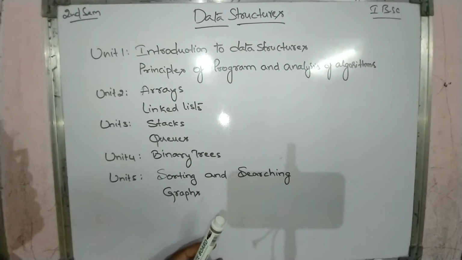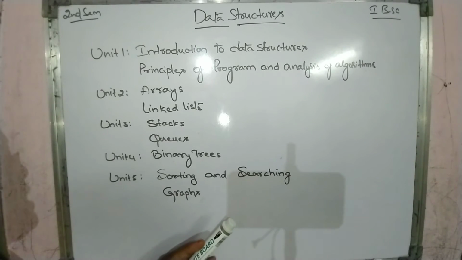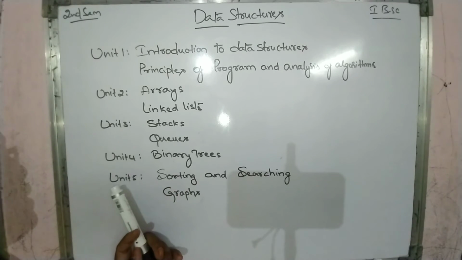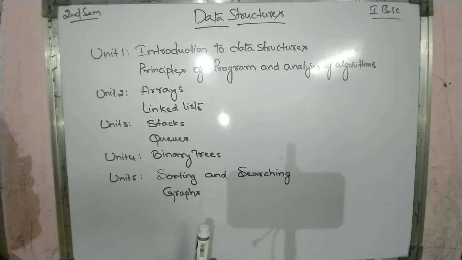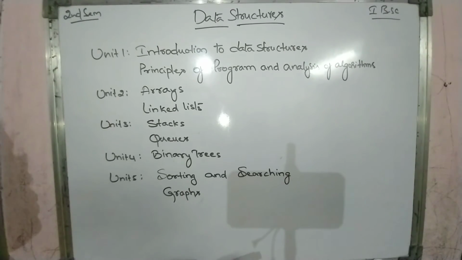And next we move to unit 3, that is Stacks and Queues. In this Stacks and Queues we learn about stack. What is stack? Applications of stacks, implementation of stacks, all this. And next queue. And in this queue we learn about what is queue, operations of queue, and different types of queues. We are having different types of queues. Those are circular queue, D queue, priority queue. Those we learn in our unit 3.